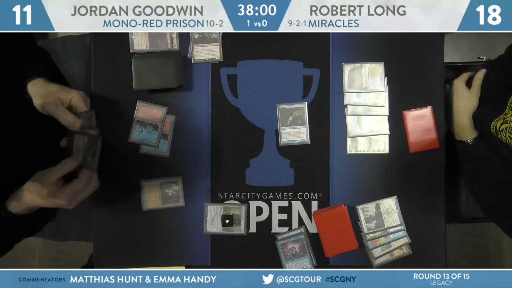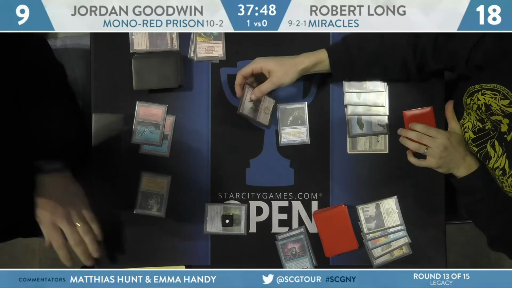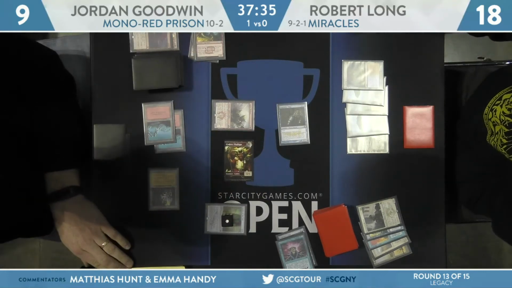Chalice of the Void on 1 from Jordan. Not bad. Here's 3 more mana. Here's Legion War Boss, Jordan to 9. Well, that checks all the Swords to Plowshares, rather. Yeah, it's actually going to be hard for Robert to remove this, and